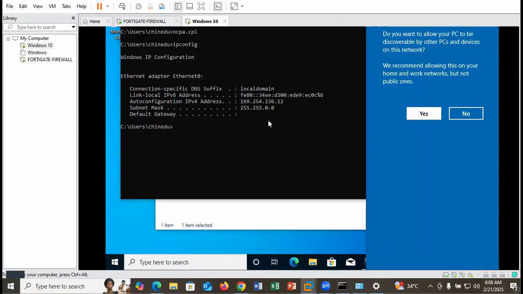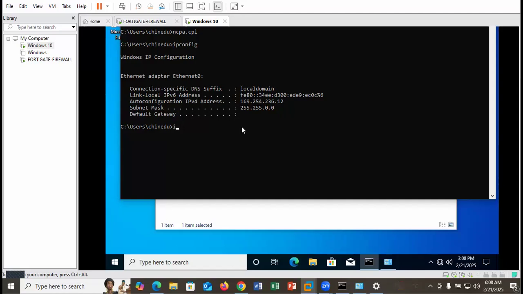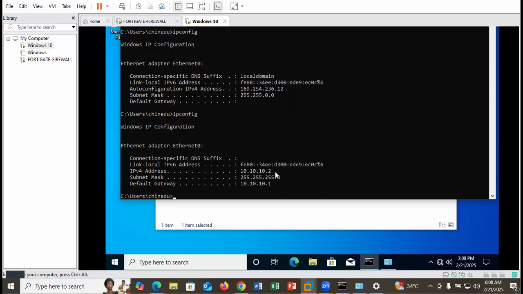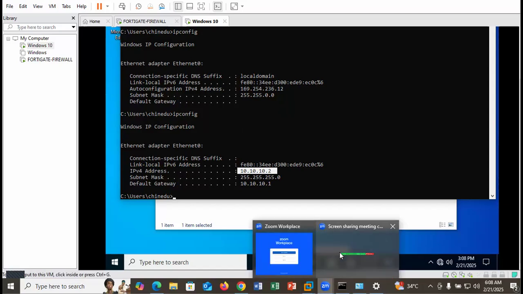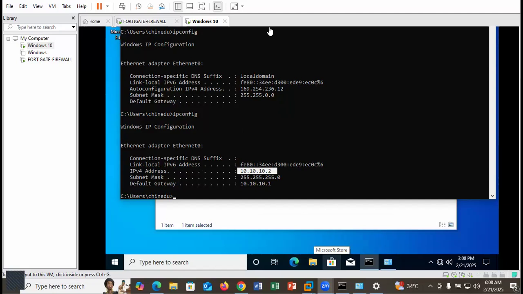So I'm going to type the command again, ipconfig, and we hit enter key. As you can see right now, the Windows 10 is getting 10.10.10.2 and the default gateway is 10.10.10.1. So like what I explained to you, by default, anytime that you join a firewall to a network, the firewall is